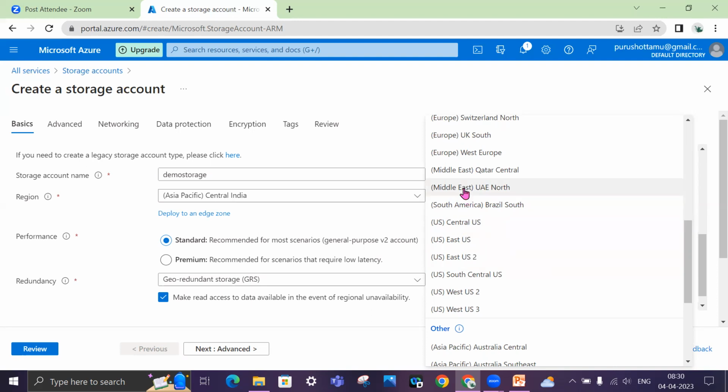Now coming to the Middle East. For Middle East people, there is a regulation from their country that you cannot store their data outside of their region. For example, you developed an app and you are serving Middle East customers. You cannot store the data in a US region. It's not acceptable by those regulations and laws. Okay, you have to store their data in their local regions only, right?